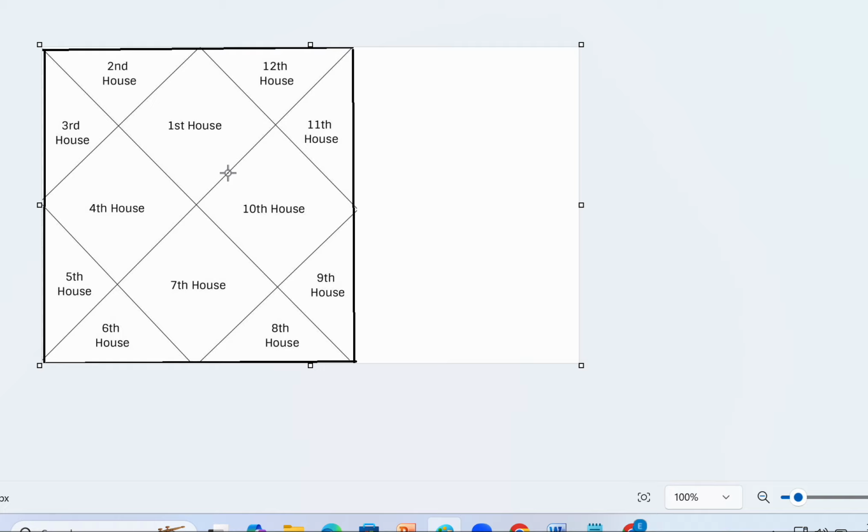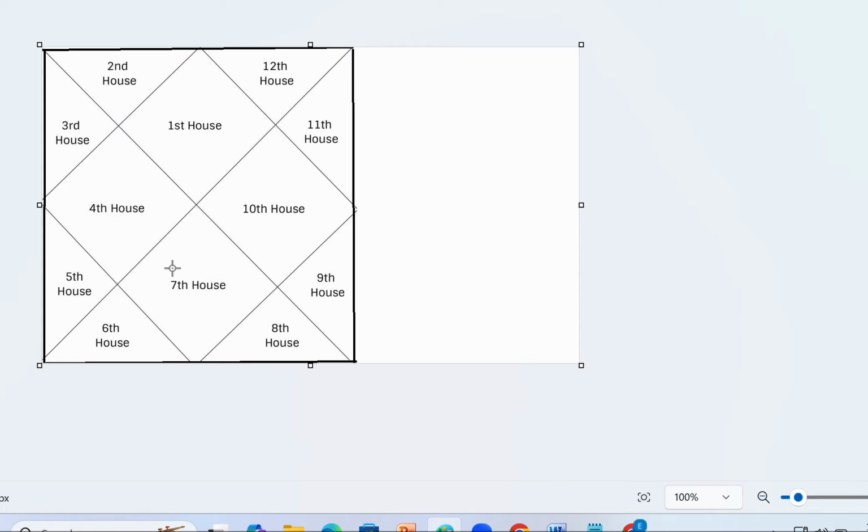Saturn is the most benefic. Apart from Saturn, why not Venus? Exactly, Venus. Why Venus? Venus is the lord of the second house and the seventh house. Second house is family, seventh house is marriage. So the family aspect, the marital happiness, Venus is giving in this particular Lagna or Rashi. So it is very, very benefic.